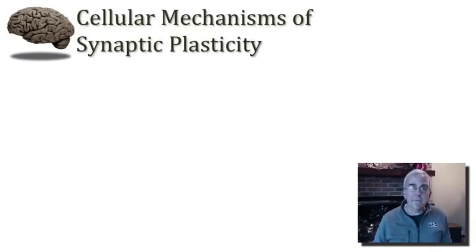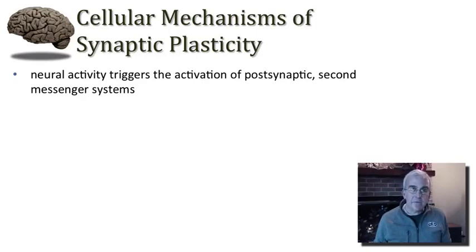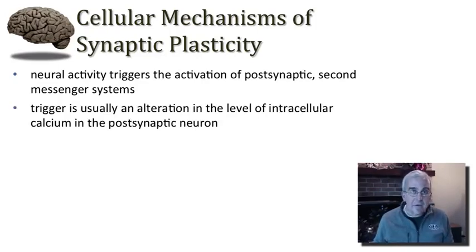So let's just review some of the basic cellular mechanisms of plasticity that seem to apply to multiple forms of plasticity. And we'll see how these are played out in different contexts. So plasticity usually begins when neural activity triggers the activation of postsynaptic second messenger systems. And those second messenger systems usually involve an alteration in the level of intracellular calcium in the postsynaptic neuron. So calcium will be a key index that is used by the postsynaptic neuron to know which way to go